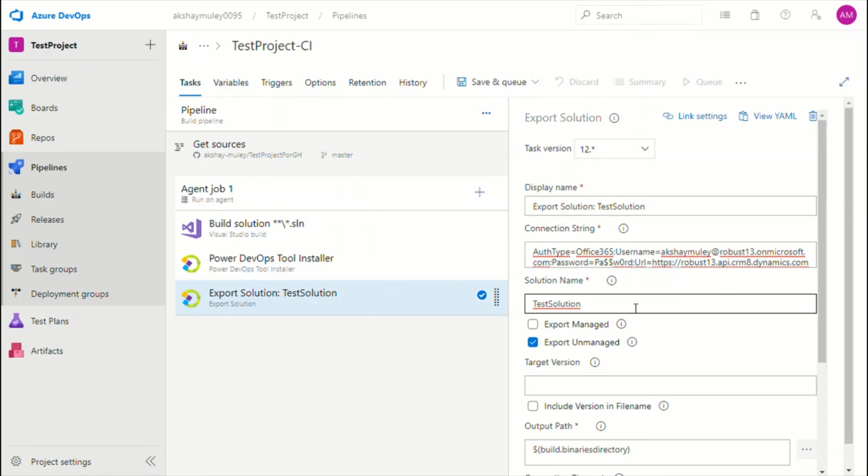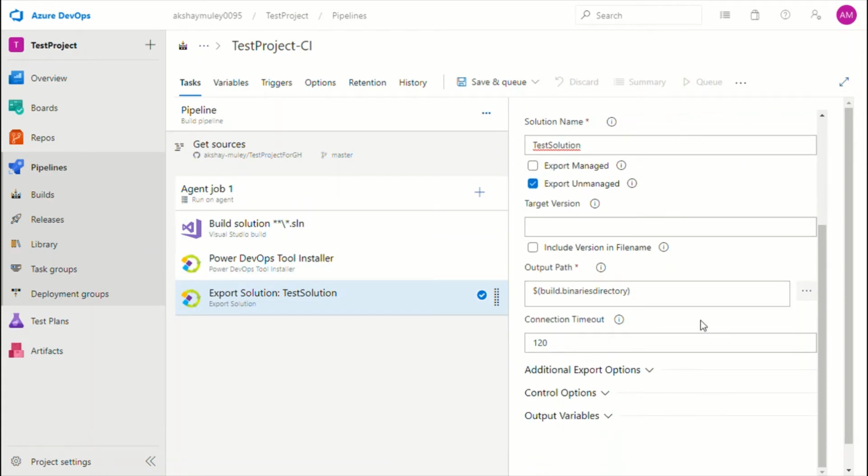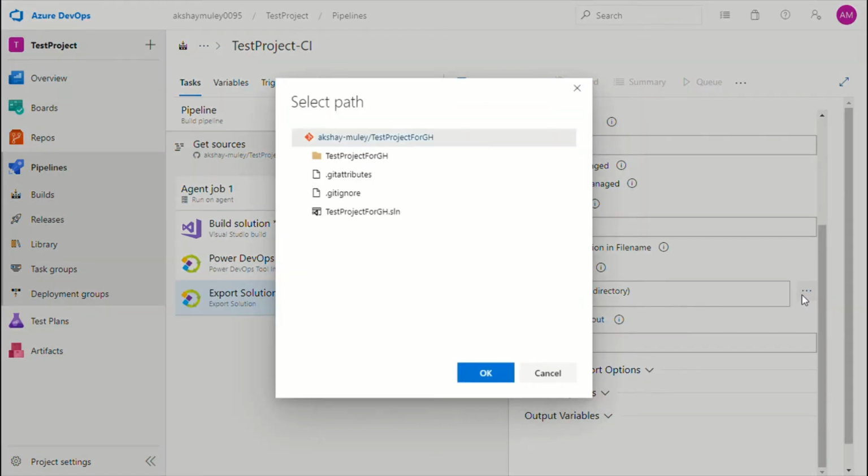You can configure here the targeted version and whether to export as a managed or unmanaged solution. So you can mention the configuration here, and this is the output path where we want to export this solution. In this case, I have selected this solution name, which is already created in the repository. You will get this exported solution here. So I am selecting this path,